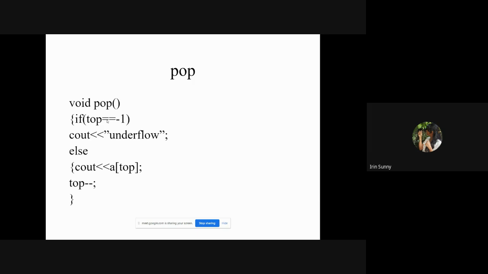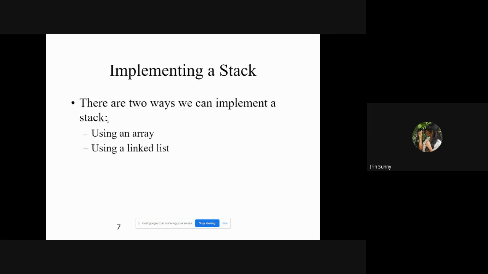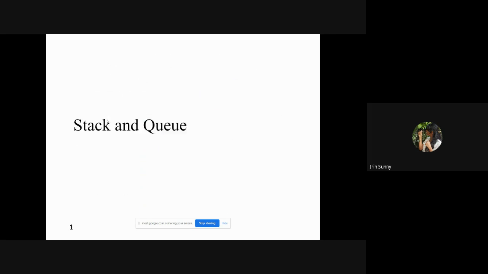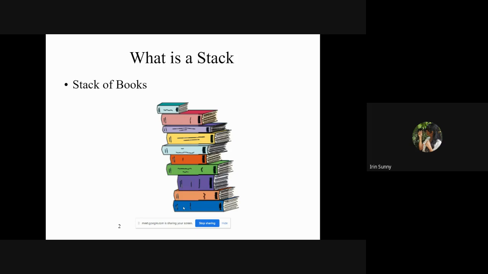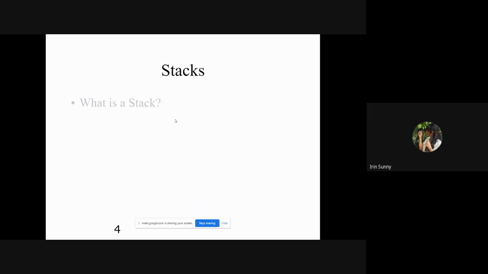Else, you are actually outputting the value at top, that is, the value that is currently at the top. So if the array consists of 2, 5, 6, the value that is going to be printed out is 6. And then we're deleting that value from the top. So 6 gets removed, so top minus minus. If this is the stack we have and I do a pop function, this book is printed out, and the top, which was initially pointing to this green book, now points to the red book because we wrote top minus minus. So is the stack concept clear?